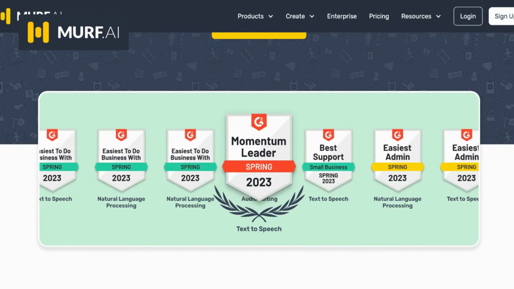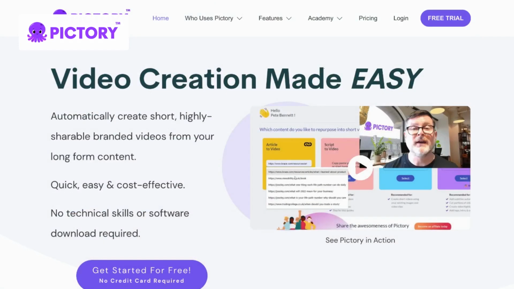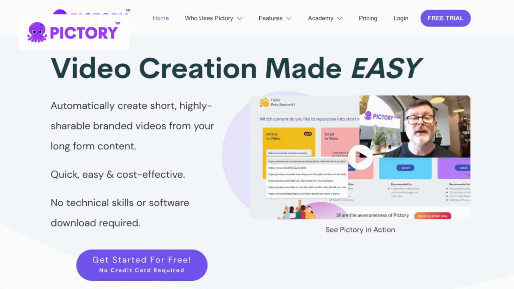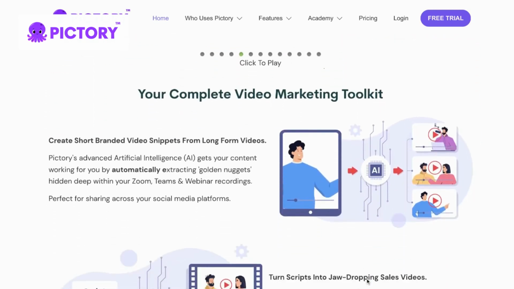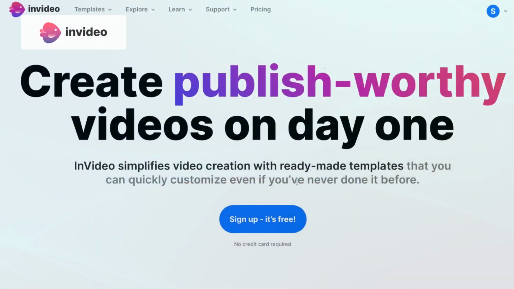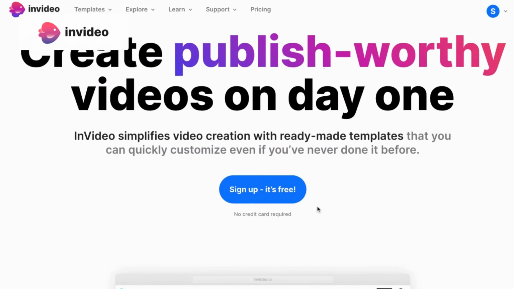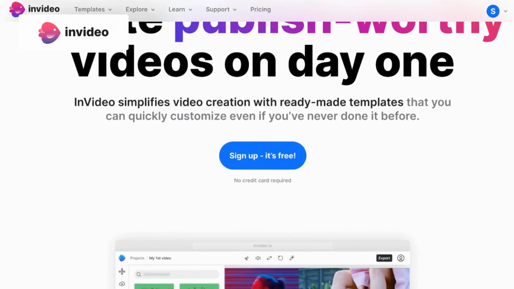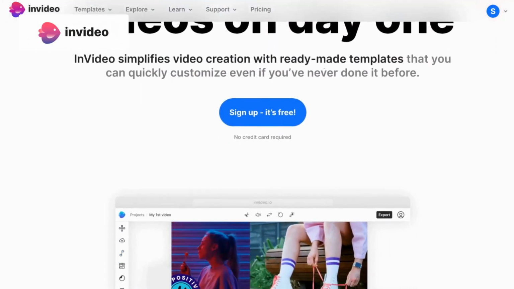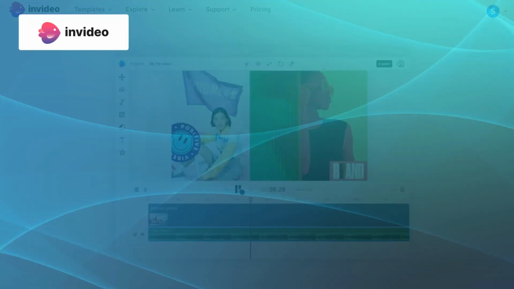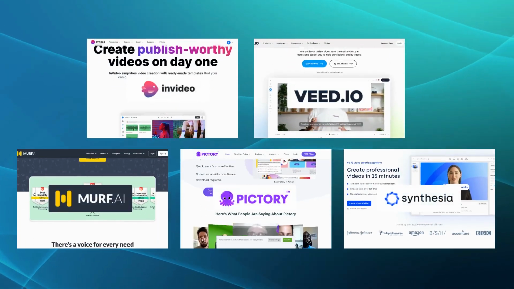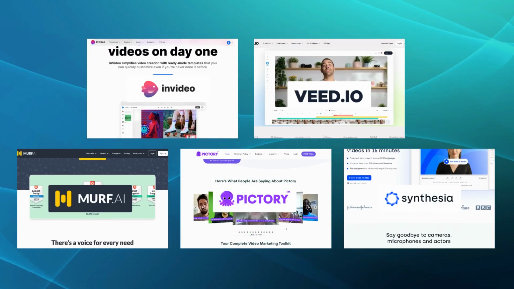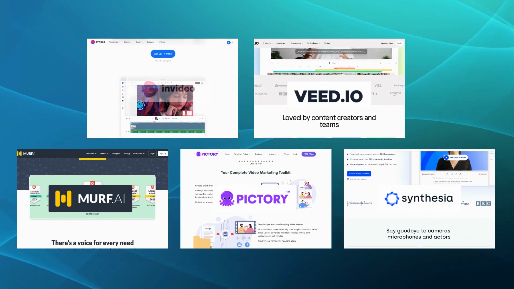Pictory offers a unique approach to visual storytelling and provides a platform where you can combine images, videos, and text to create stunning digital art. Lastly, we have InVideo, which comes with comprehensive editing capabilities, including the ability to add text, music, and transitions to videos. If you're looking for an all-in-one video creation solution that combines editing, AI-generated videos, and copywriting capabilities, we recommend